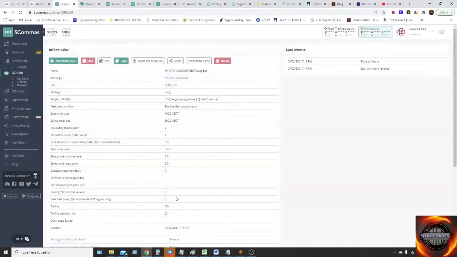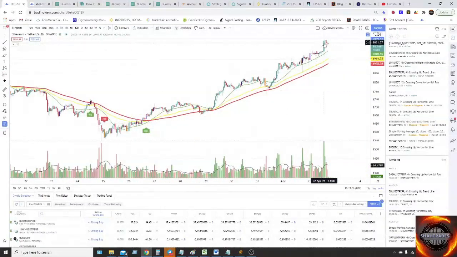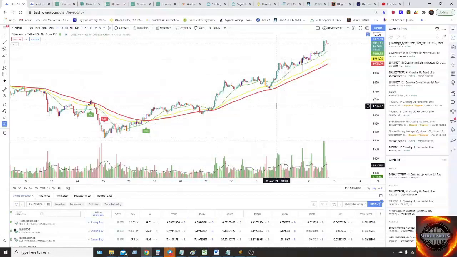So here are all the settings, and you just need to wait until a buy signal appears, and at that time the bot will start automatically. This will continue until you stop the bot.